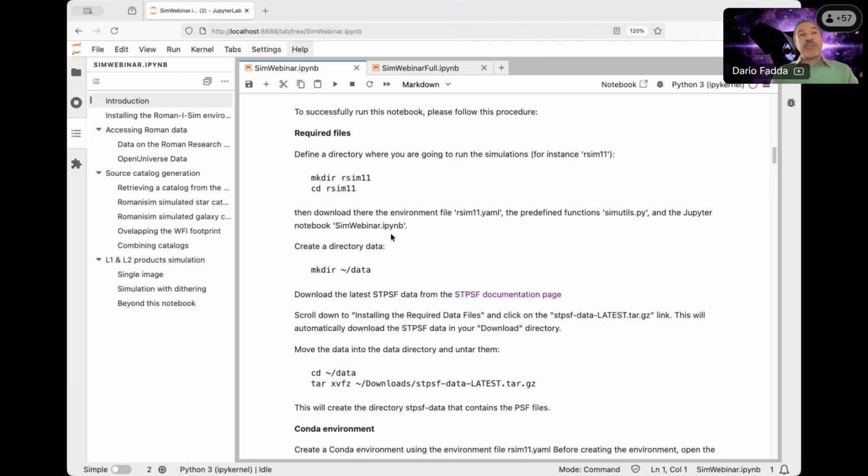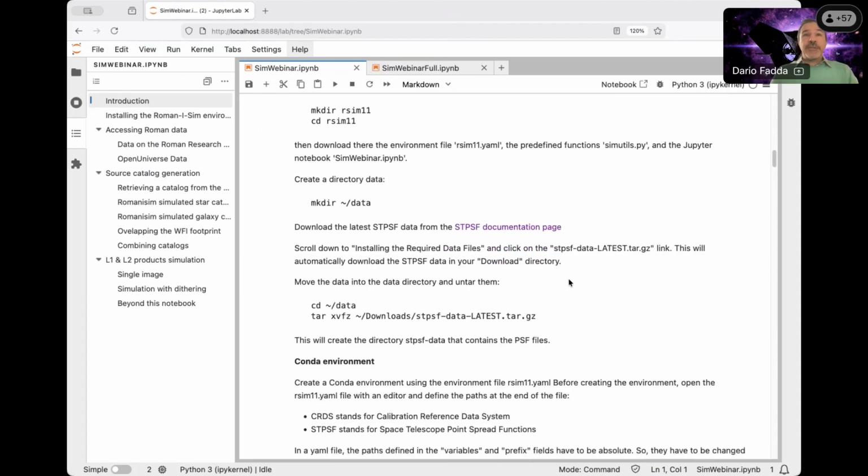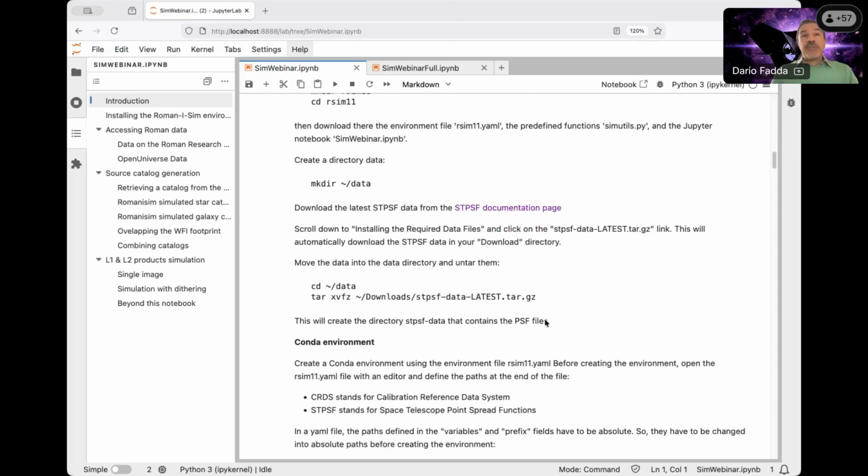And finally, this notebook itself, which is the simwebner.ipynb, which is a Jupyter notebook. To do the installation, just simply create a directory, go in the directory, and then put these files there. Then you have to download the PSFs that we're going to use. To do this, you have to create another directory, then download them from this page, which has all the documentation by STPSF. Once you download it, you expand this file, and this will create a directory which